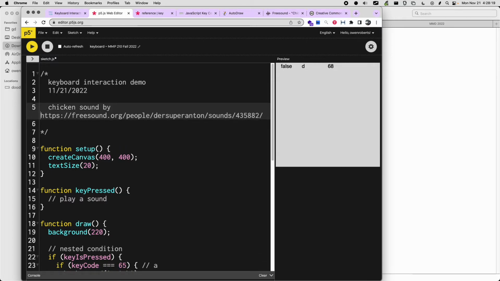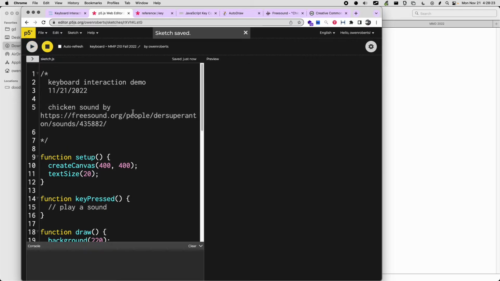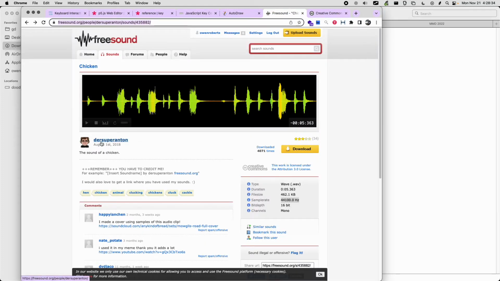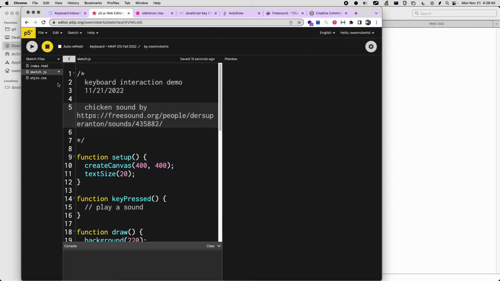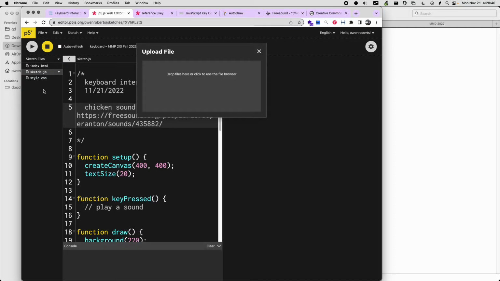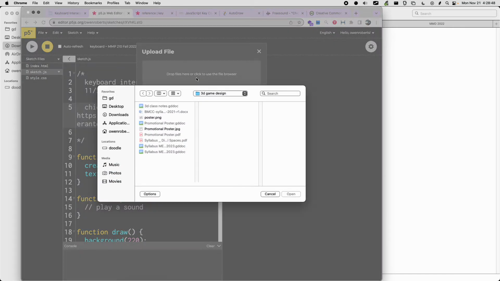I don't know why something is weird with this formatting, but anyway, so I have my chicken sound, and I could load this from this URL. But just like we talked about with the images, if the creator decides to take the sound down, then that URL won't work anymore. So I want to actually upload it into my project. I'm going to go over to my files area over here, go to upload file, and then click on here. This will bring up